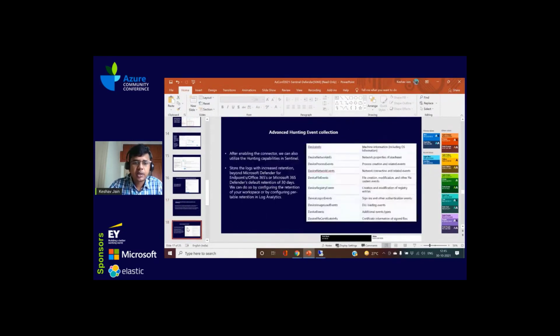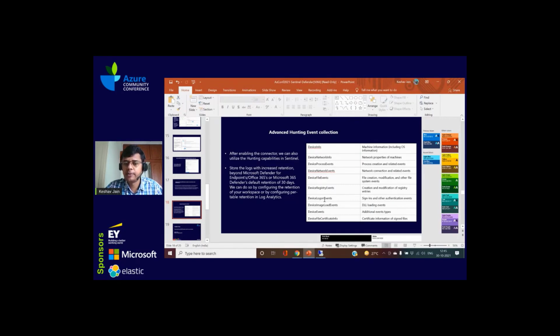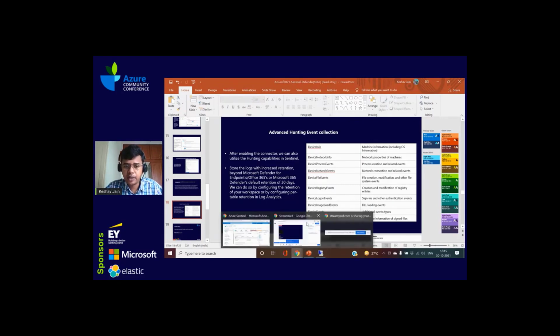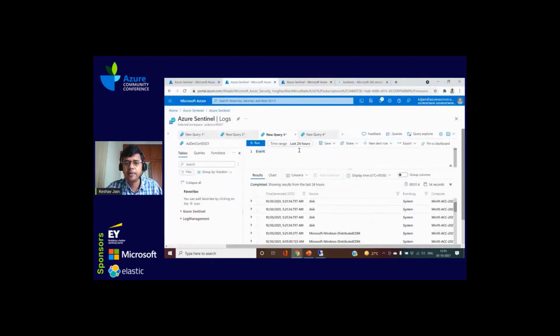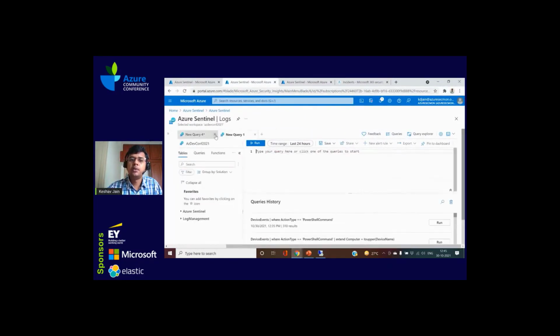And the most important thing is the hunting capabilities. Hunting is a proactive search to identify how many resources are compromised, or what all can be compromised at the stage. These are a few tables that come from the Defender. We were doing one example here when we were trying to write some correlation queries. Once you have this device info,